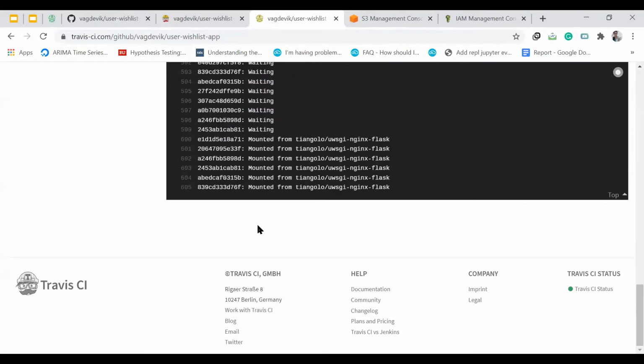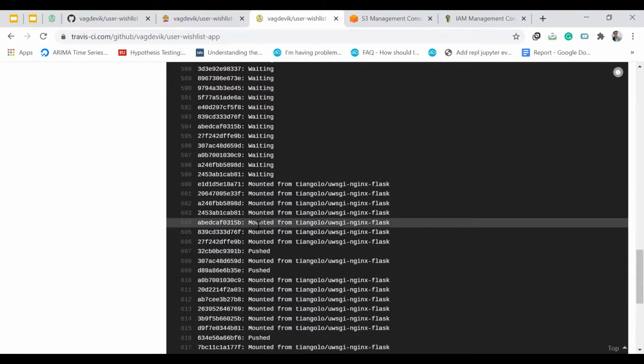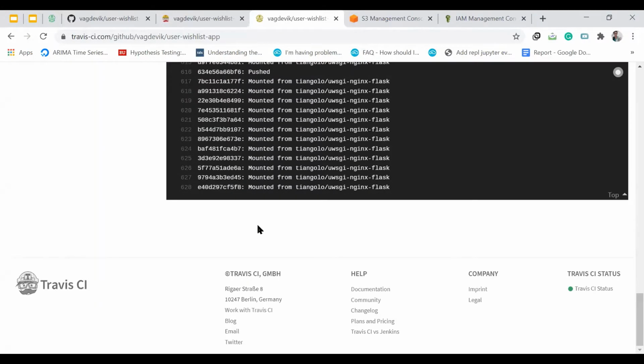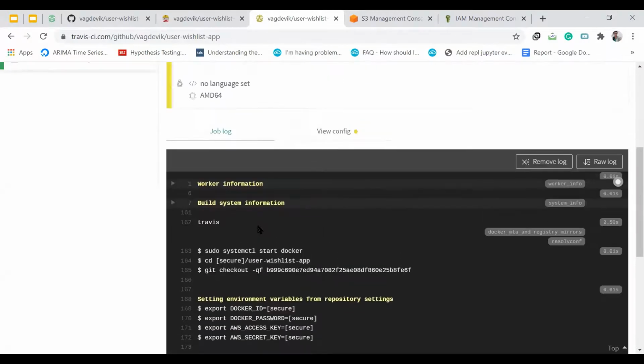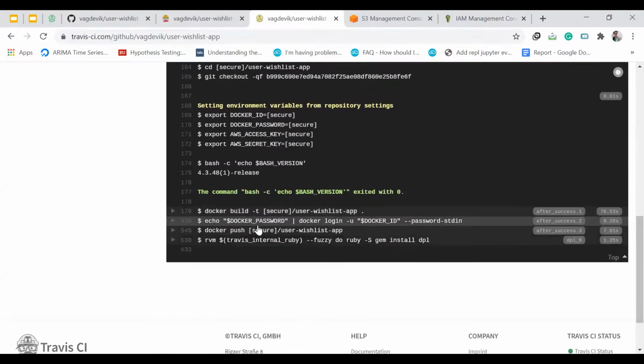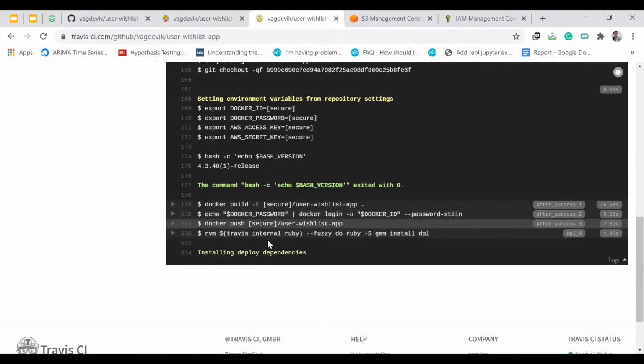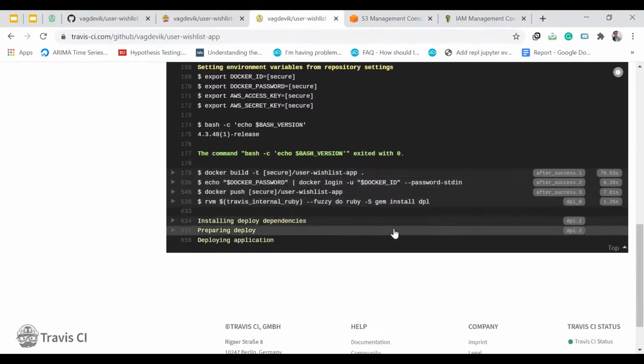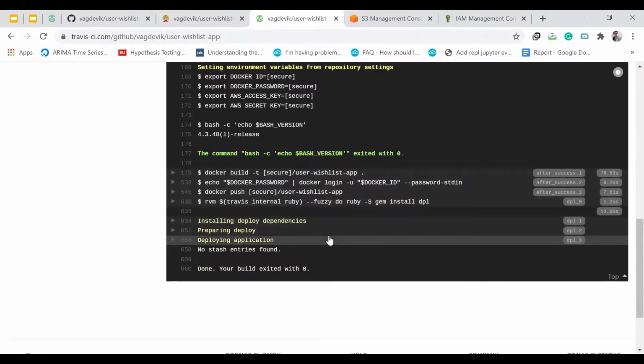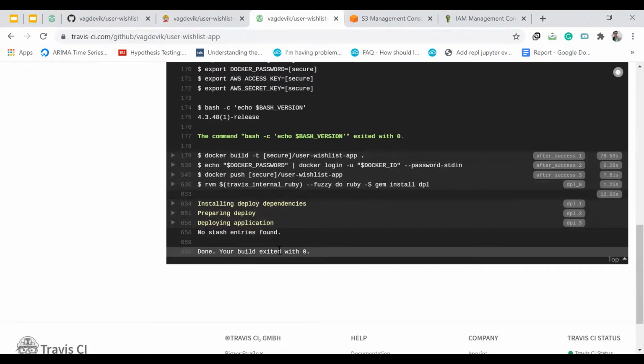Basically, these are what we have mentioned in the Docker file and Docker Compose, right? So it executed these commands. And it shows that your build exited with 0, which means the build was successful. So let us check the AWS now.